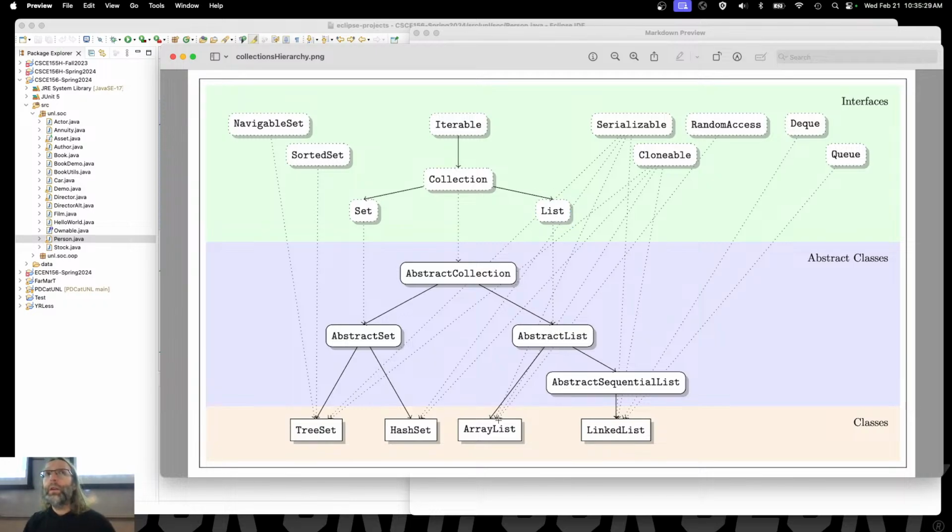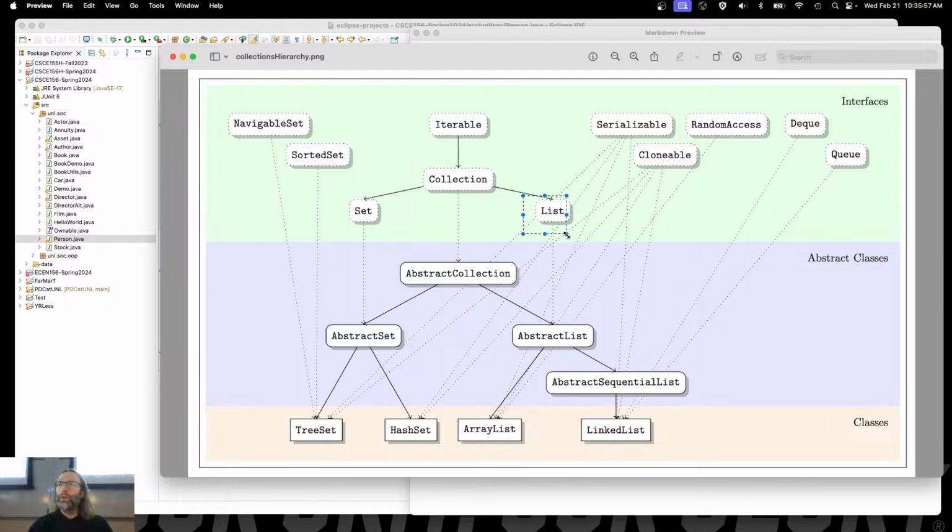If you're taking 235 right now, or if you've taken any sort of mathematics before, you'll remember the transitive principle. If you can go from A to B, and you can go from B to C, that means that you can go from A to C. An inheritance hierarchy gives you that transitivity. An array list is an abstract list. An abstract list is a list. Therefore, the array list can be treated like a generic list